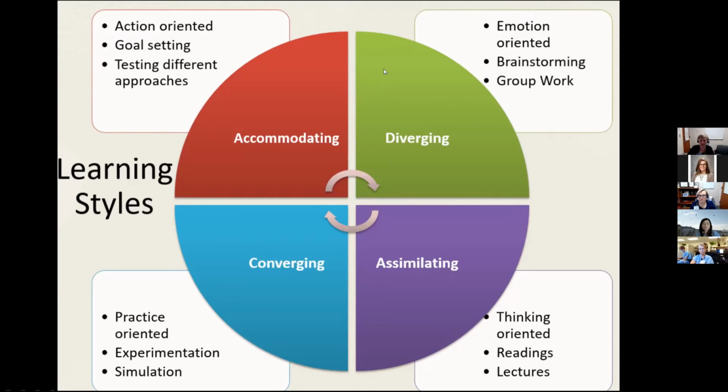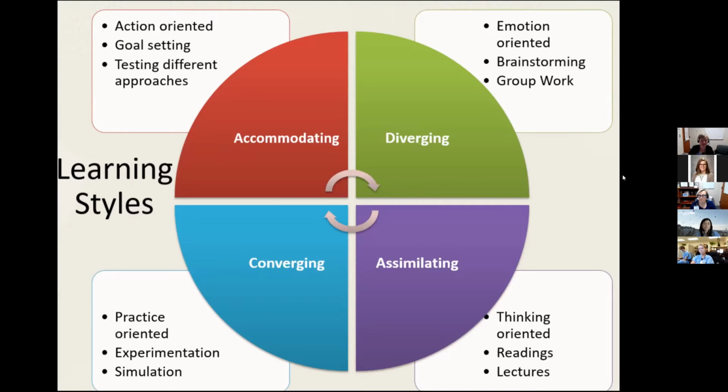And he defined these four main groups, starting with the top right, which would be the diverging. So people who prefer to start with bringing in information through concrete experience and then transforming it to knowledge through reflective observation. And so he called these divergers, or a diverging learning style, that tends to be emotion oriented, and